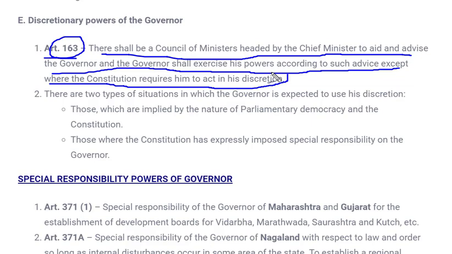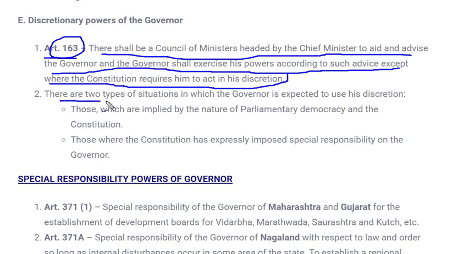That means, in the case of the president, we saw that the president has to appoint the prime minister out of the union of ministers, or the head of the party which has a majority in Lok Sabha. It was compulsory that the president had to appoint the head of the party only, but here it's not necessary. In some cases, if the governor thinks that according to the constitution the head of the party cannot be chief minister of that state, the governor can take different steps. These discretionary powers are not very clearly mentioned in our constitution, it's just given in simple sentences.